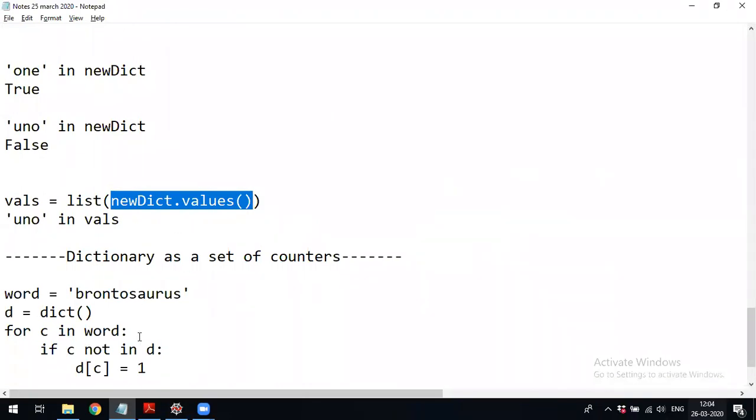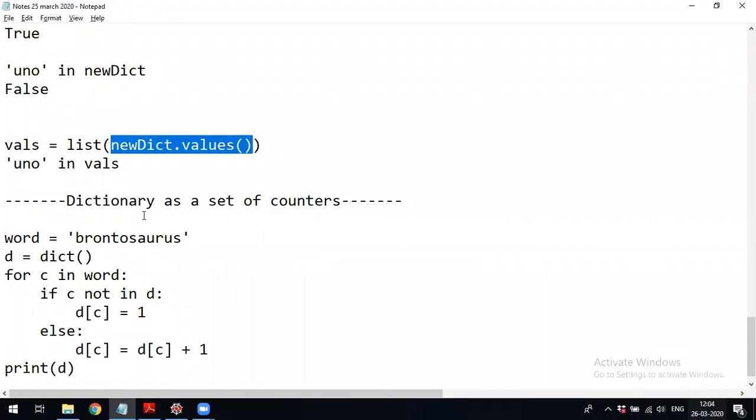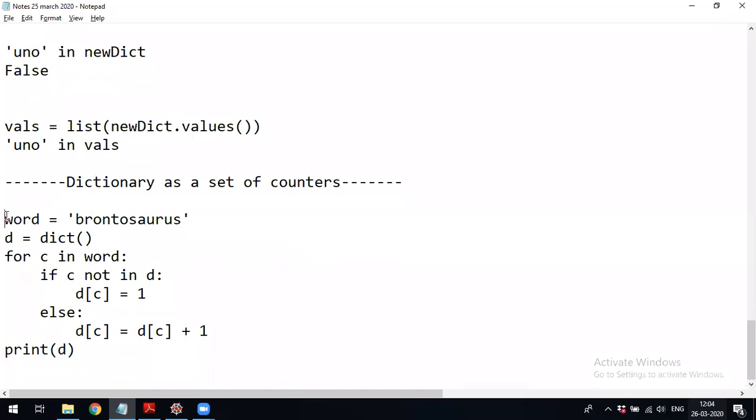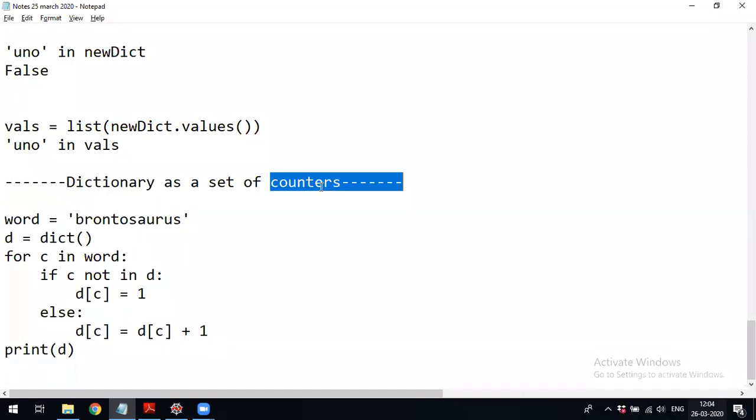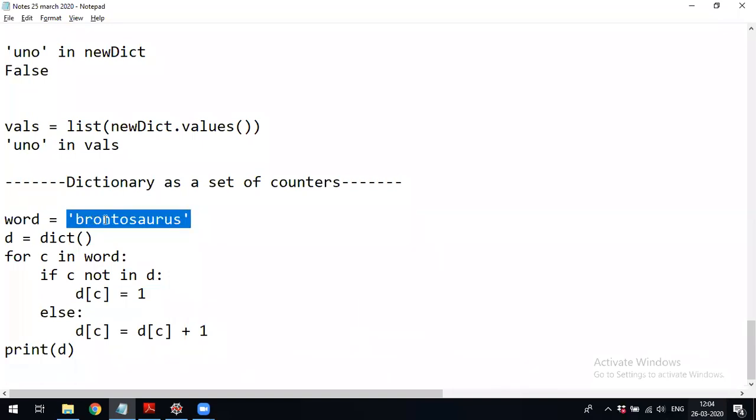The main application, or how the dictionary is useful, is in this program. You can use the dictionary as a set of counters. In the class I have already told you, in a string, how many times each character is there. Think about it. See this word, each character, how many times it has repeated.